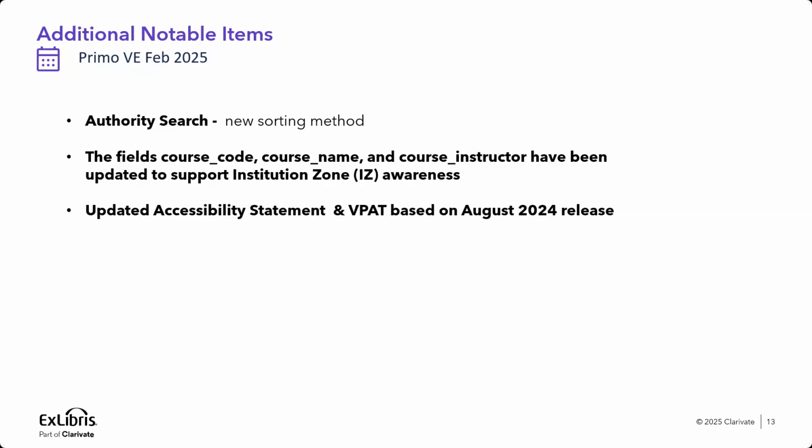So a new VPAT is also updated to reflect the status after the August release, a new statement, and also a link to the accessibility roadmap, where you can see that these issues, in addition to cases that you have opened, are identified on our roadmap for the upcoming year. This, of course, is regarding Primo VE and Primo